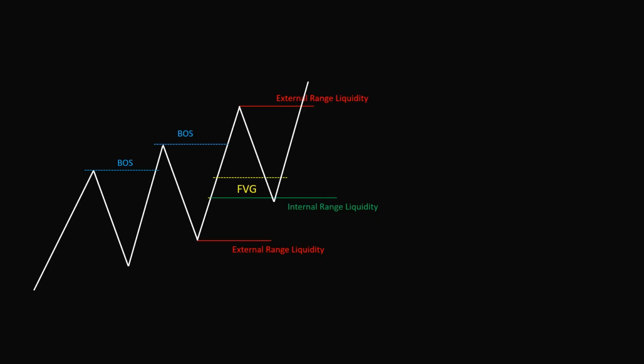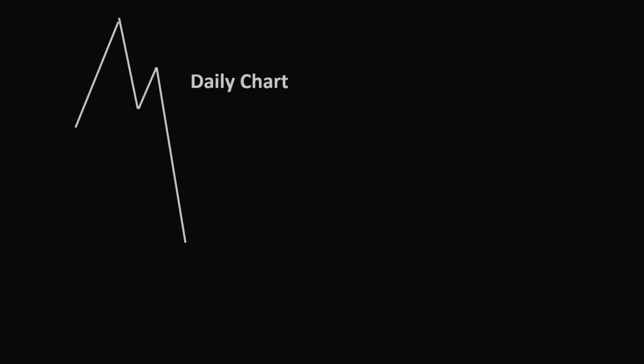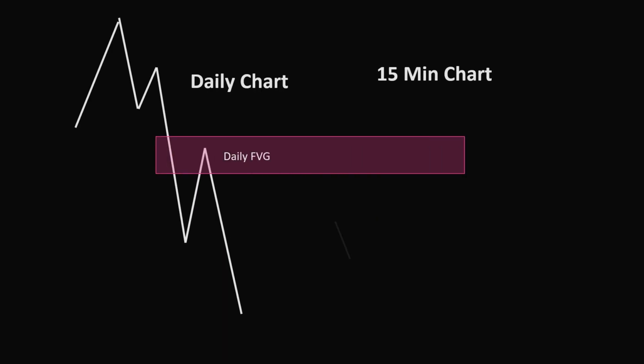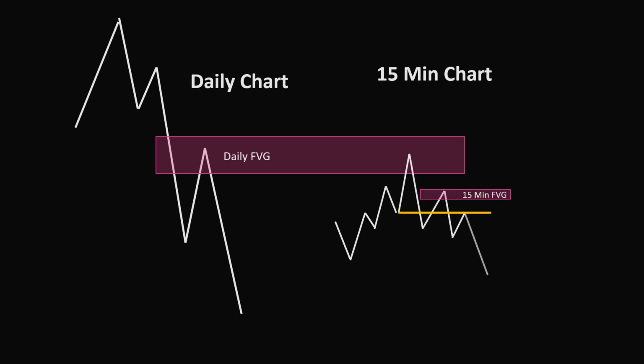They're the imbalances left behind as price moves too aggressively in one direction, and the market tends to come back to fill these gaps. Here's an important point: when you zoom into a lower time frame, you'll see tons of minor highs, lows, and structural shifts. But if you zoom out to a higher time frame, many of those smaller structures will simply appear as fair value gaps. In essence, price constantly rotates between two key types of liquidity: internal, fair value gaps; external, swing highs